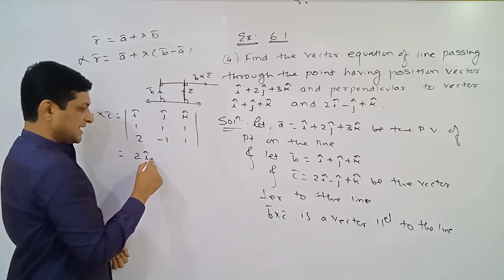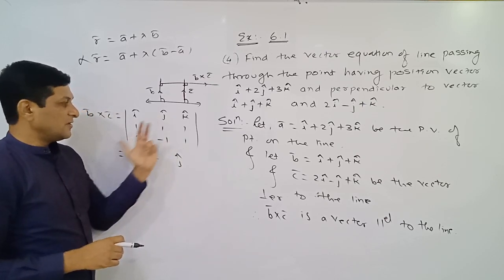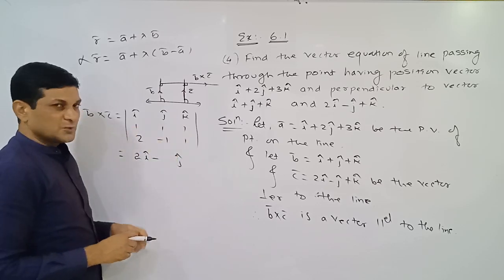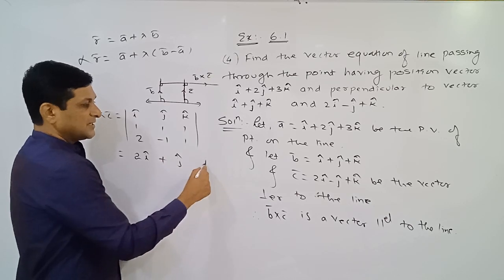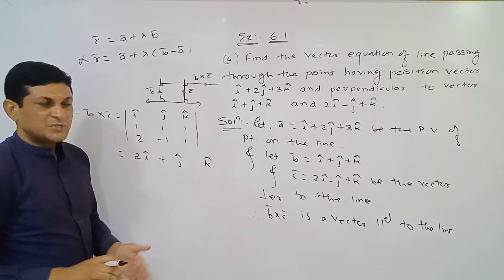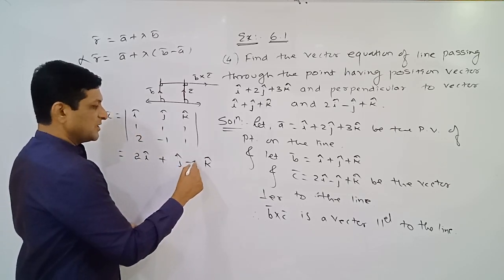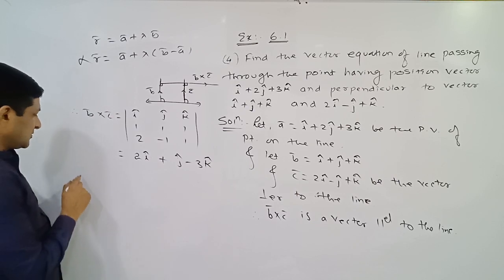If plus j cap is there, at that time here we are taking minus j cap. Delete this column. Now find the determinant of these four elements. This product is 1. 1 minus 2 is minus 1. Minus 1 and this minus will become plus 1. So lastly, let us find the coefficient of k cap. Delete this column. Minus 1 minus 2 will be equal to minus 3. Minus 3 k cap. So B bar cross C bar is now known to us.